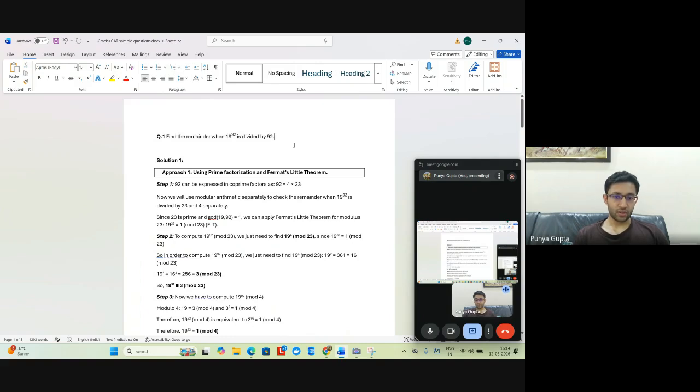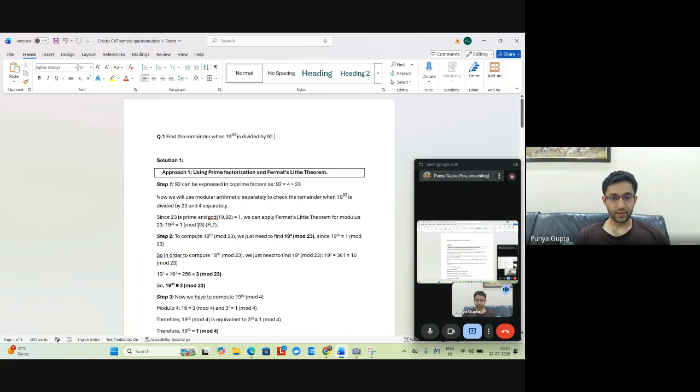First approach can be to do prime factorization and use Fermat's little theorem to find the remainder. 92 can be expressed as 4 into 23, both co-prime factors, and we can just compute the remainder when 19 raised to the power 92 is divided by 4 and when it is divided by 23. The product will give us the remainder when 19 raised to the power 92 is divided by 92. So